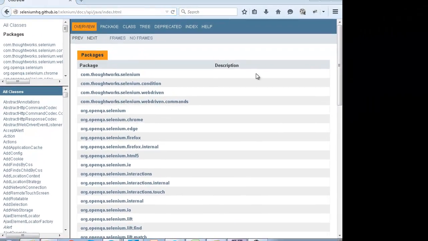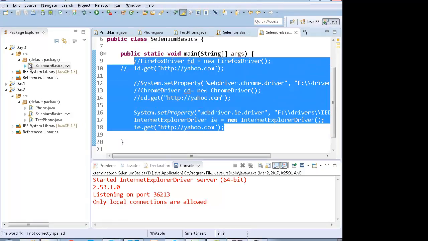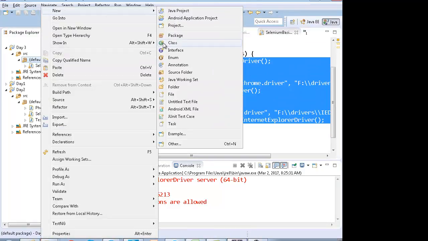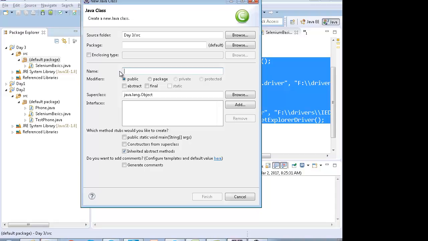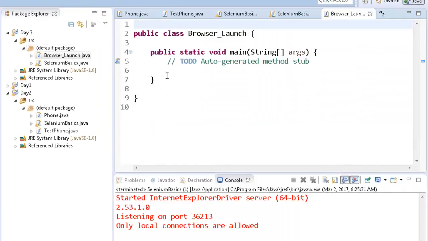Okay, so you can work with different drivers, but the question arises, do I have to work with different drivers separately? For example, if I have a new class known as browser underscore launch. Suppose I have a variable over here, string browser equals to, say, I'll write Mozilla.